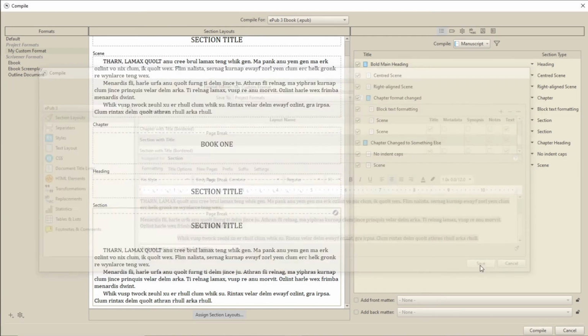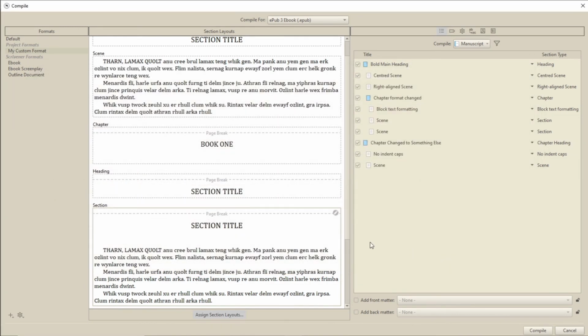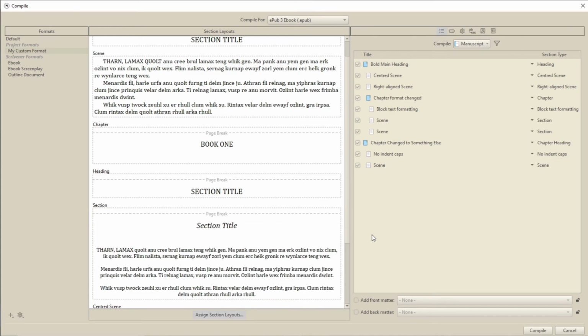Once you've finished changing your section layouts, compile your document and see how it looks, because that's the only real test. But what if you need a new section layout because you don't have enough options? This could easily happen if you are creating an omnibus edition, or if you are writing a more complex non-fiction document and need more title styles. You might also need to do this if you needed some scenes displayed in a certain way, but also needed to keep the standard formats.